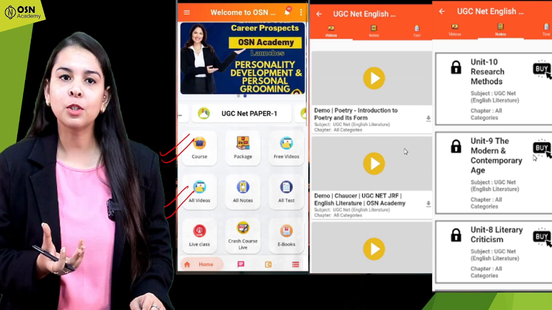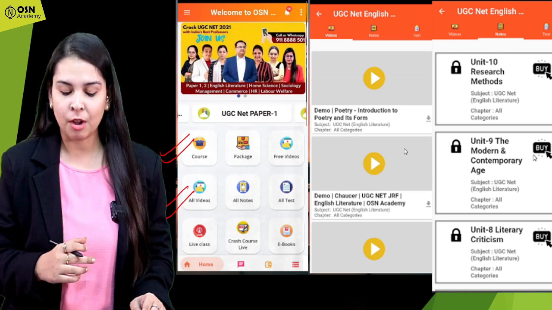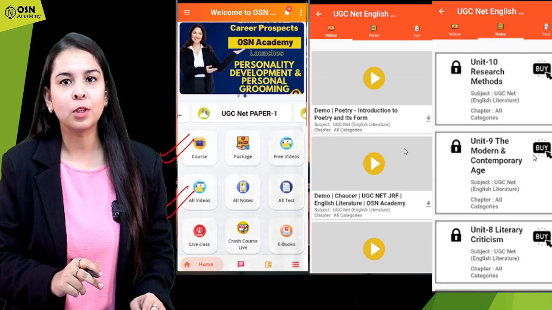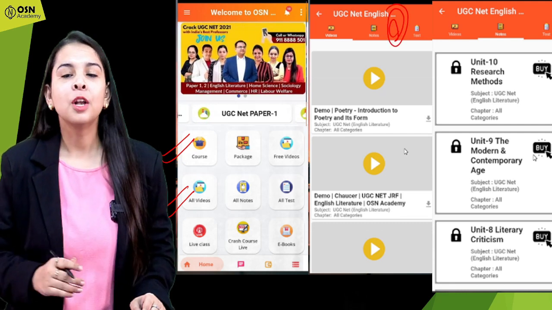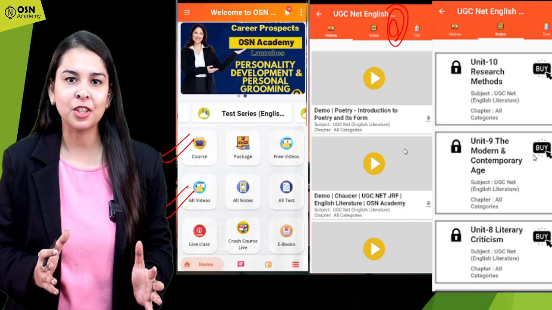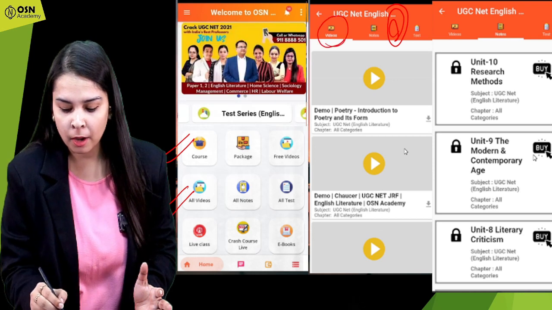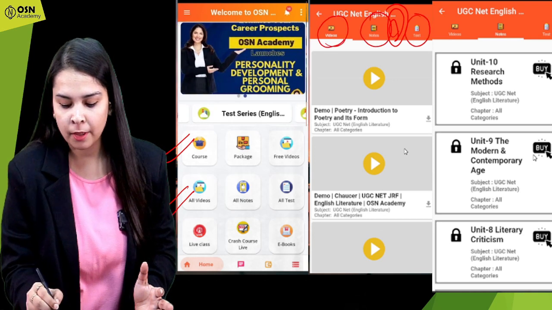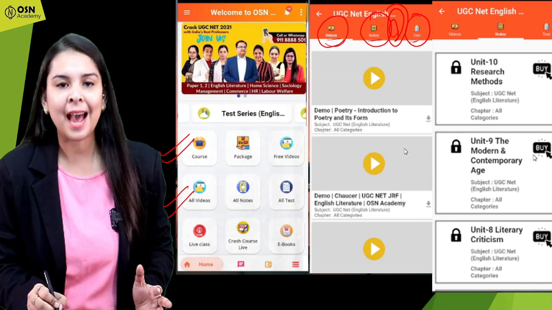Whatever course you have opted for, or whatever subject videos you want to look for, which are free, you can click on the course button, and after clicking on it, this second screen will appear. For example, if you click on English literature, this screen will appear, and on the above side there are three options, which say video, notes and test.